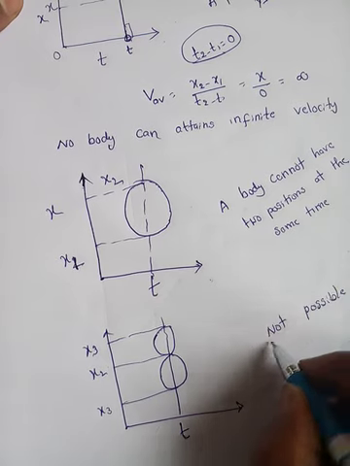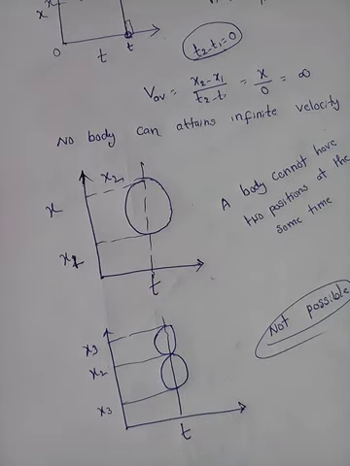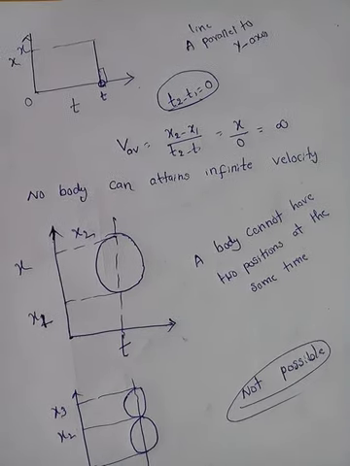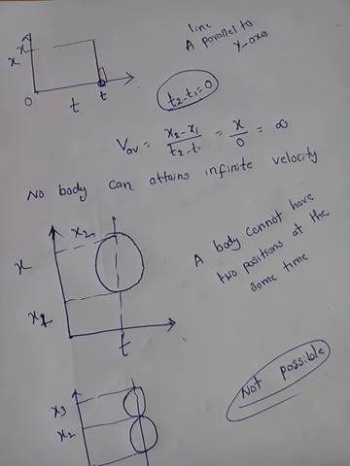From an exam point of view, they will ask by giving some graphs which are not possible. You have to know why it is not possible and why we cannot represent that type of motion. So we should have an idea of how the position-time graph has to be formed. So this is detailed information regarding position-time graphs. Clear? Yes.